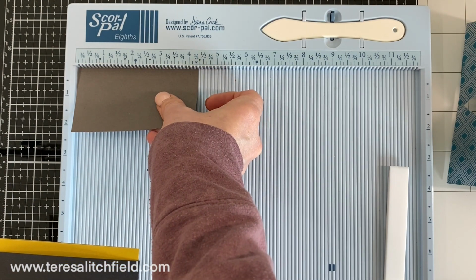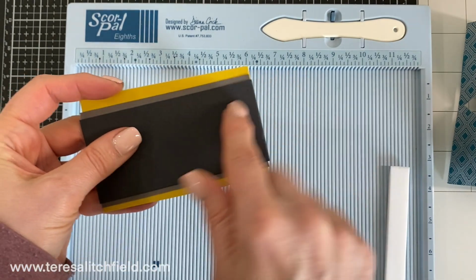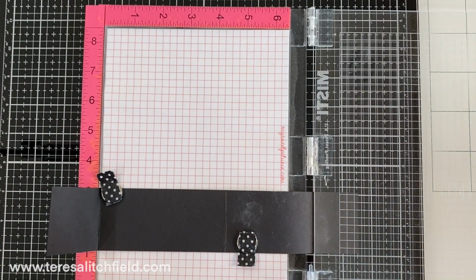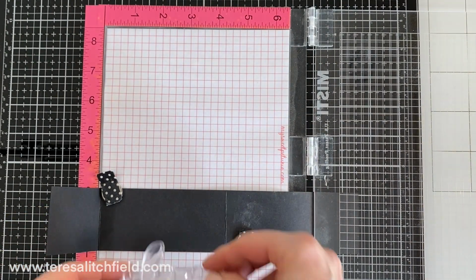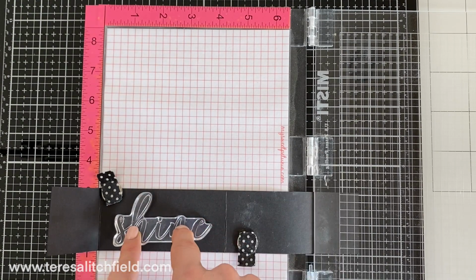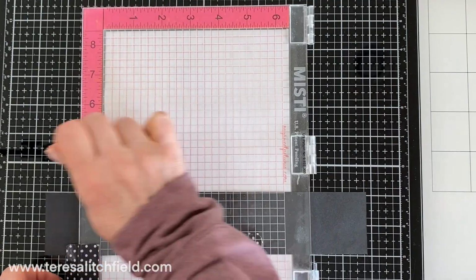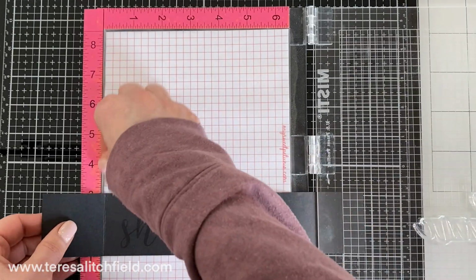I'm also going to take this dark gray piece, which ended up being 2 1/4 wide by 4 1/4 long, and I'm just going to tuck that piece in so it doesn't have to wrap around the card. I'm going to stamp the large shine stamp from the set on the black piece, and I'm just going to tuck some of that through my MISTI door, which is fine. I use my anti-stick powder tool, and then I'm going to use Versamark and again rub on it. I'm going to use Versamark a couple times,